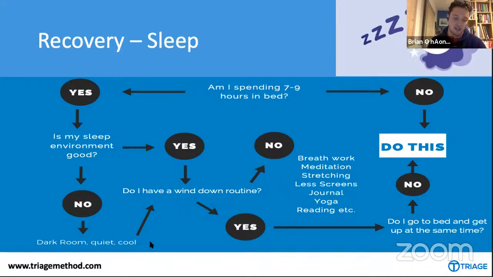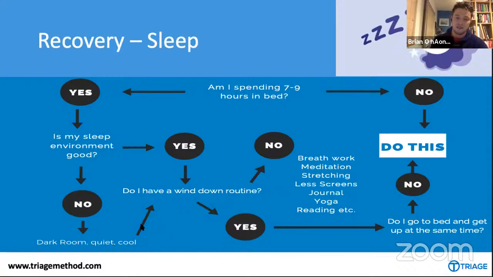And one of the reasons for that is evolutionarily, we would go to bed when the sun went down. What happens when the sun goes down? Things get a lot cooler, okay? And one way you can try and simulate this is if you have a hot shower or a hot bath in the evening or close to bedtime. Once you get out of that hot water, you will experience a rapid drop in body temperature because you're going from hot to not so hot. And that can be really, really good for helping with sleep onset.